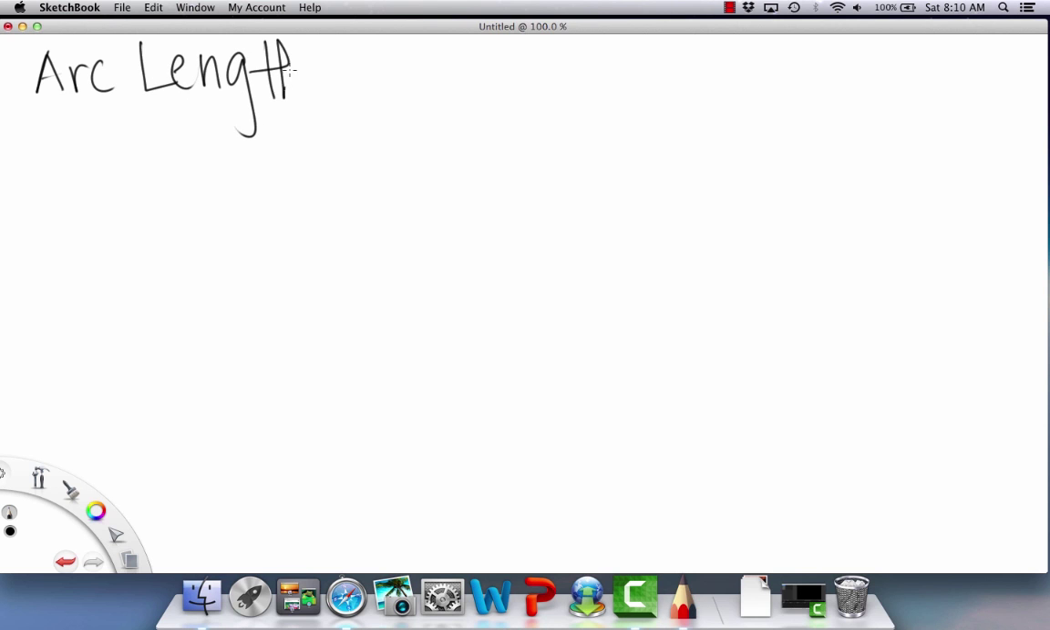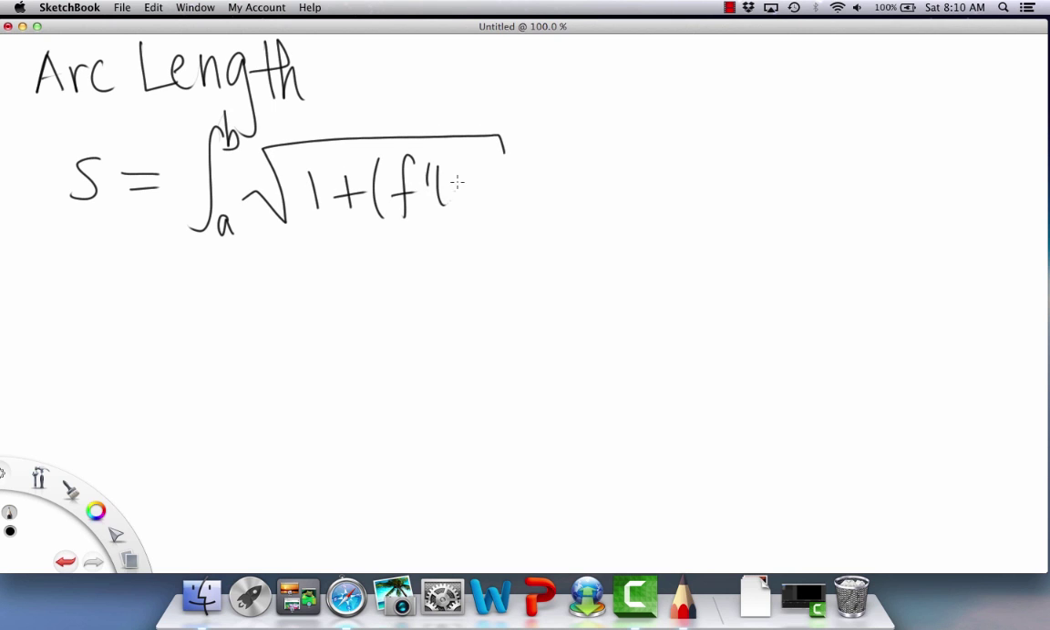So I'm going to give you the formula. This is pretty important for these problems. So this is a small s, I guess they're saying. So this is your arc length is equal to the integral from a to b of the following: the square root of 1 plus f prime of x squared dx. Okay, so arc length, I should say, of a function,